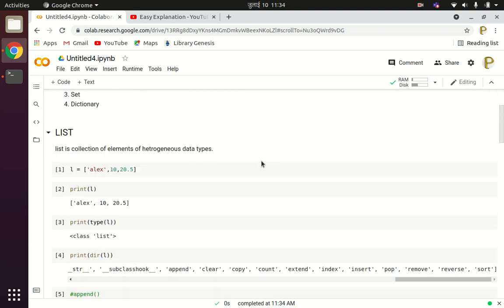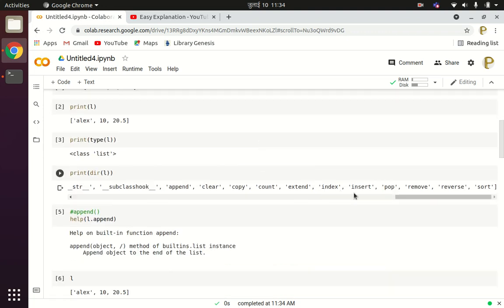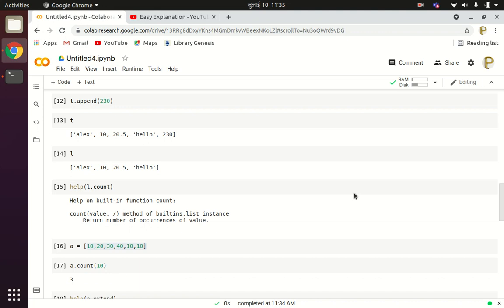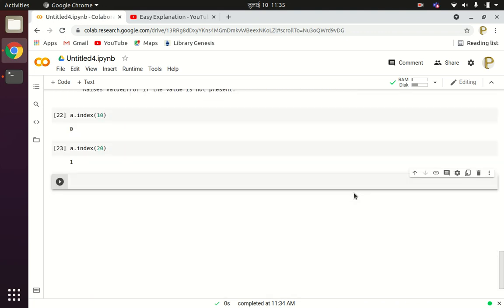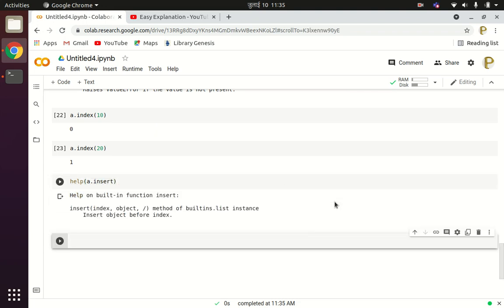After index we have insert. So help a dot insert, which inserts an object before the index. If you want to insert an element at a given index, you can specify the index value and the object that you want to insert.